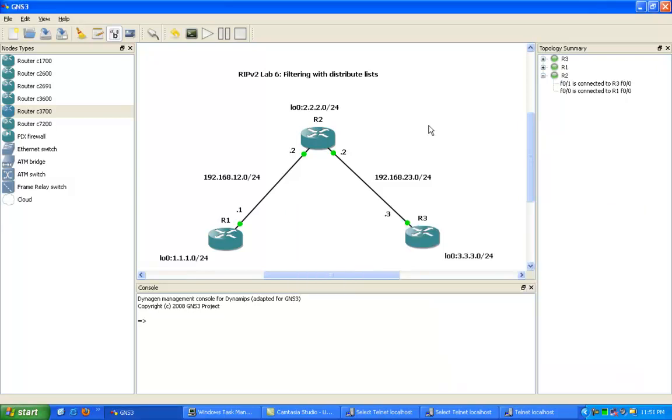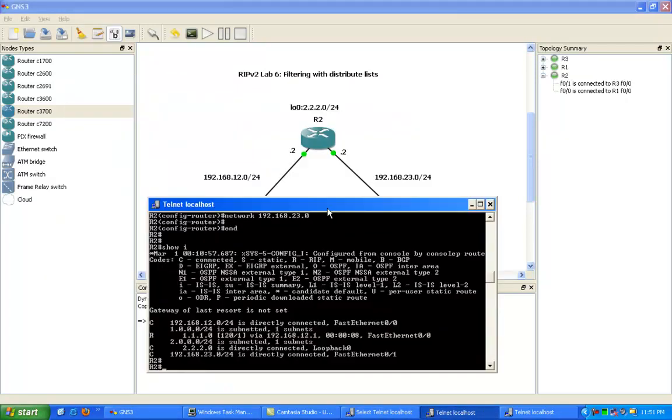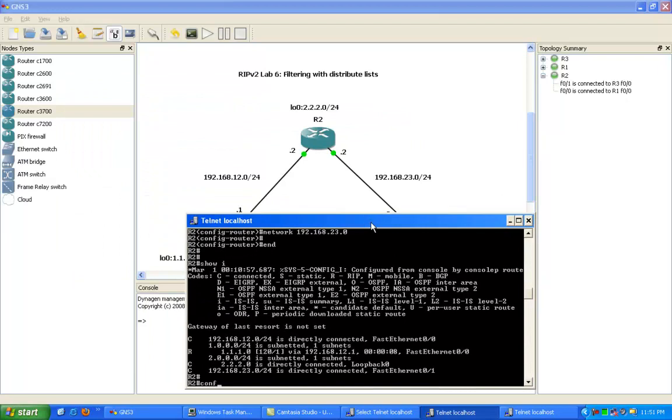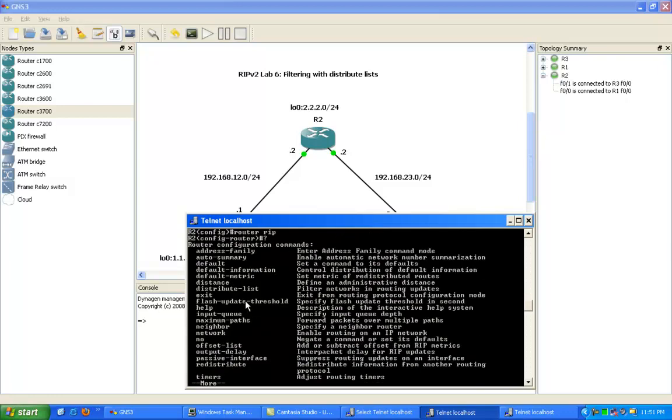So what we're going to do now is take a look at the whole reason for this lab, which is filtering with distribute lists. And what this is going to allow us to do, let's go ahead on router 2. This is where we'll perform filtering first under the RIP version 2 process. If I go under router RIP and then do a question mark, what we can see here